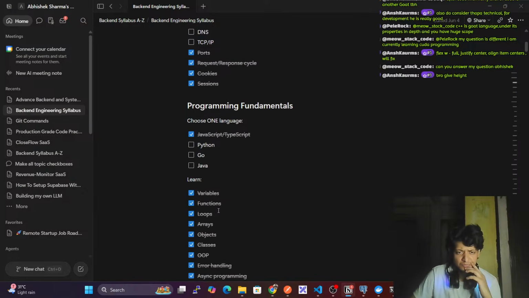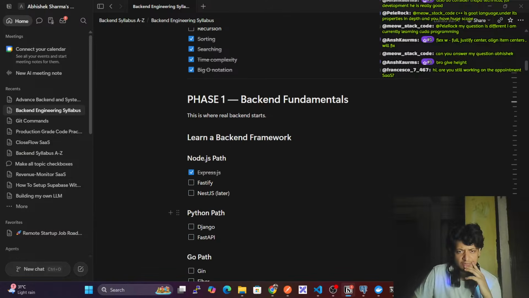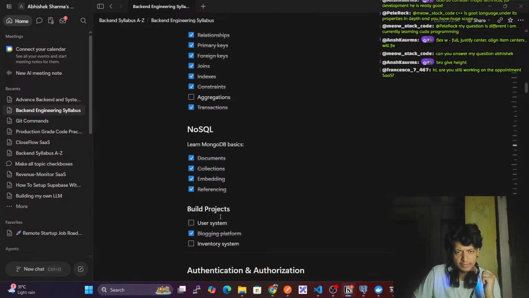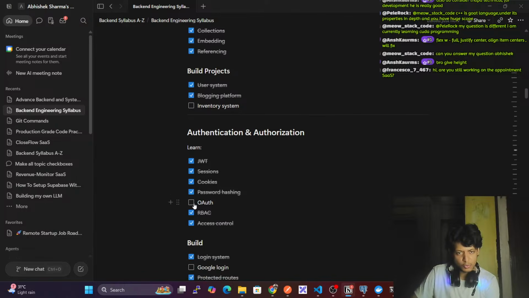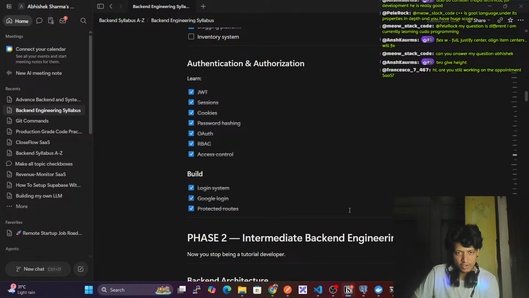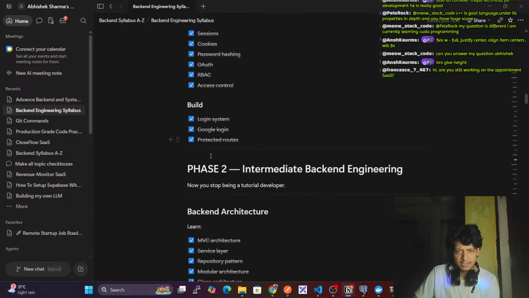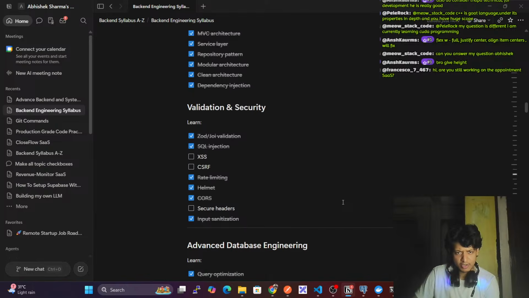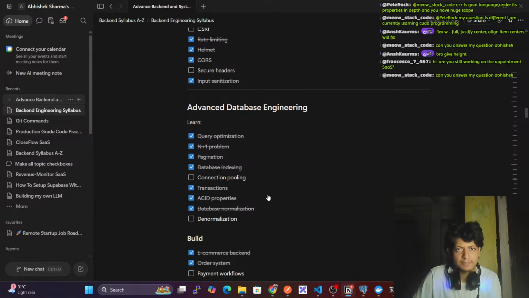I agree. We have this, and then after this, we implemented user system. Yeah, we built a user system. Then we built OAuth. Very good. Google login done. So authentication authorization part is completely done. Now we have to get understanding about XSS, secure headers, and all these things. Okay, so once this part is done,